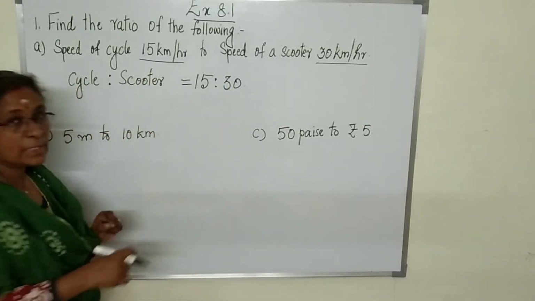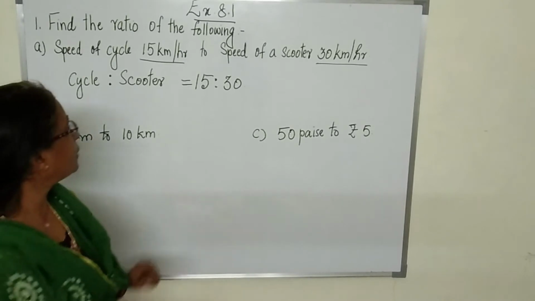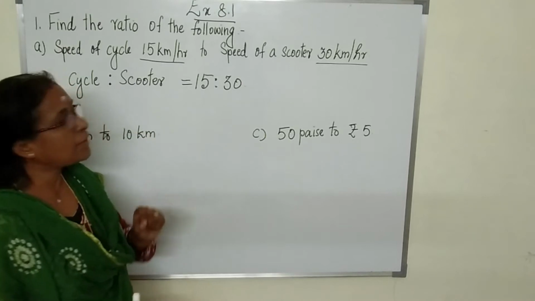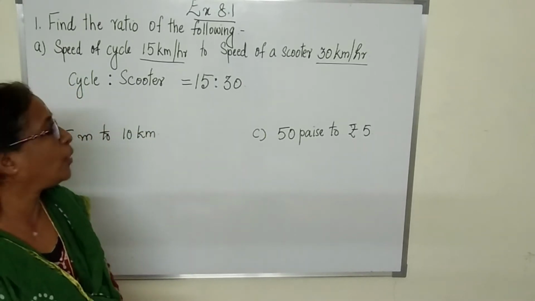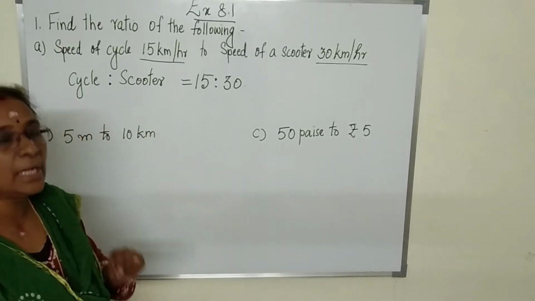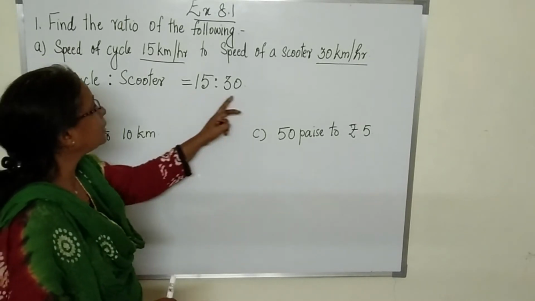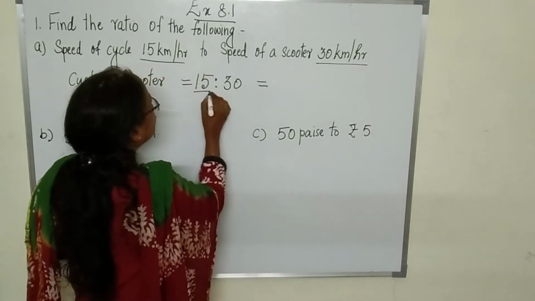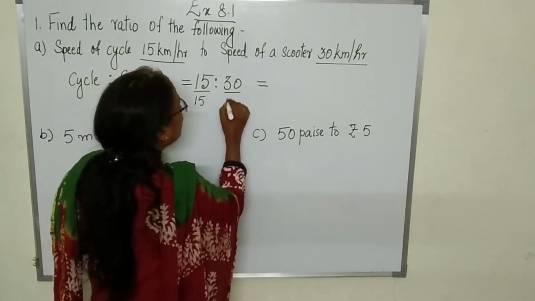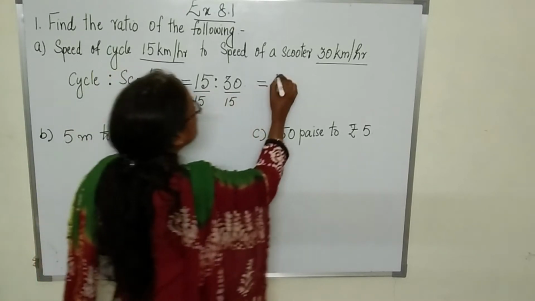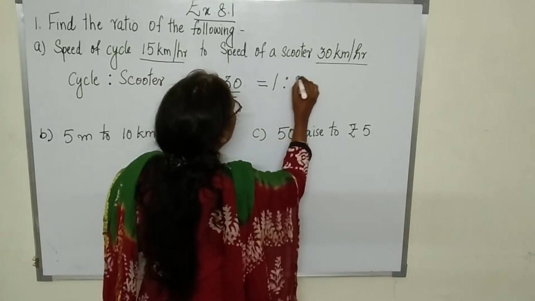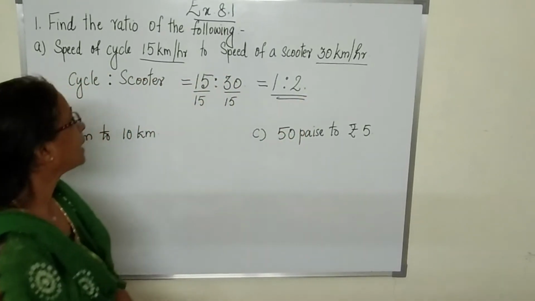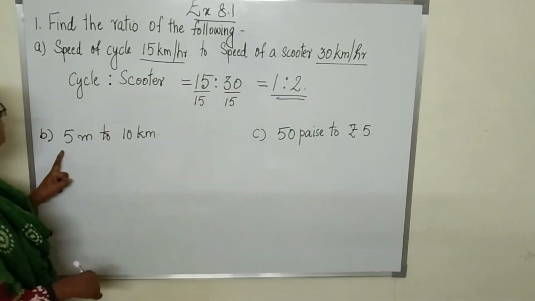Now in lower classes we learn whenever we write fraction we should try to write it in lowest term. In the similar way, whenever we get ratio we should try to write it in the lowest form. So 15 is to 30, we know that 15 and 30 both are multiples of 15. So 15 ones are 15 and 15 twos are 30. Okay. Now let us see the next question.